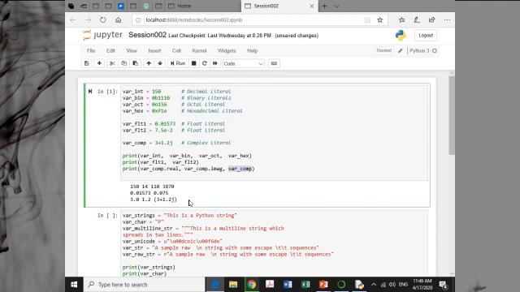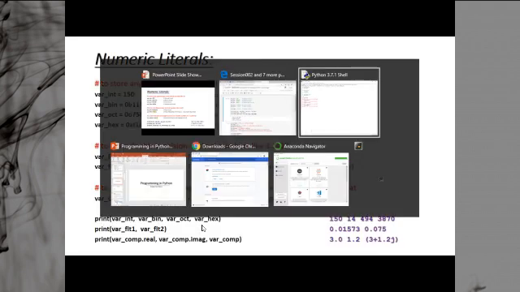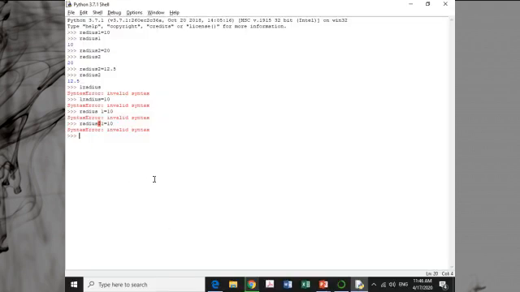You can check the data type of a variable. If you want to check it, you can easily do so, like say a is equal to 3 plus 1.2j. This is a complex number.